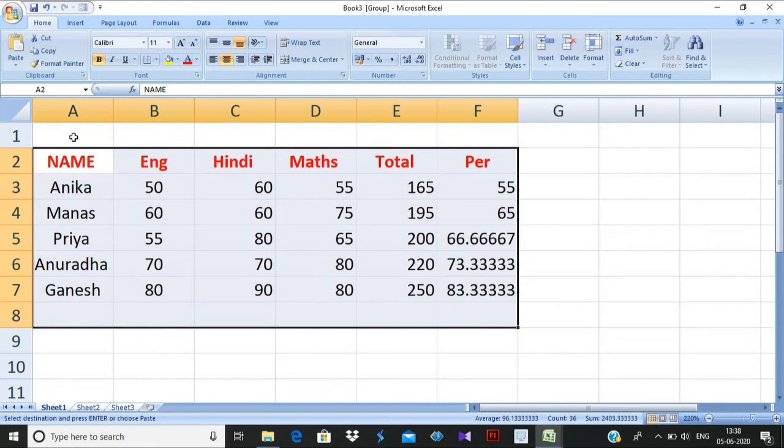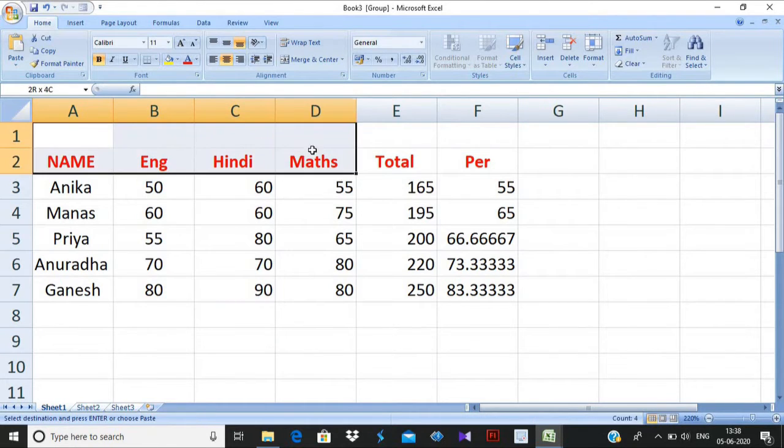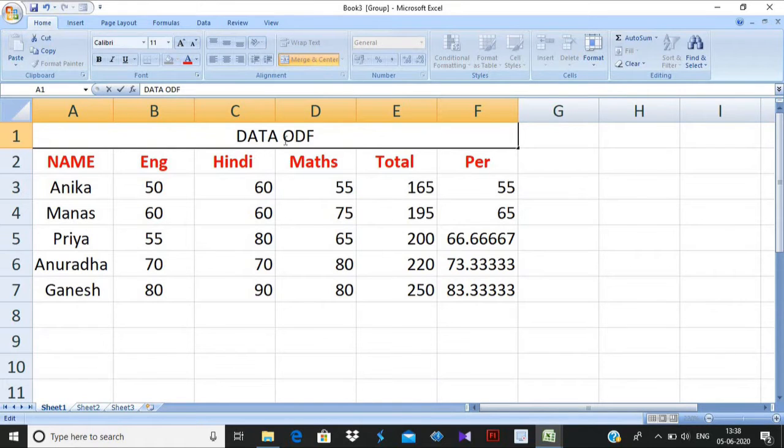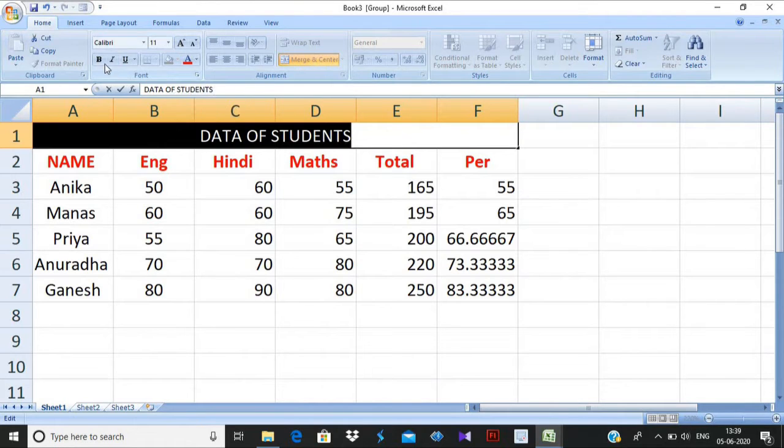Now if I change anything here in the first sheet, I am still in the first sheet. Suppose I merge these three cells and write data of students, and I make it bold and in red color.